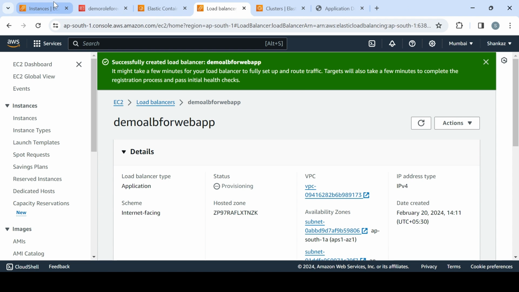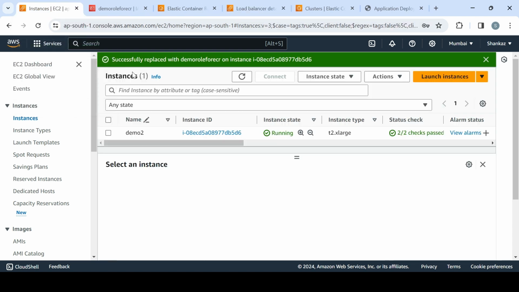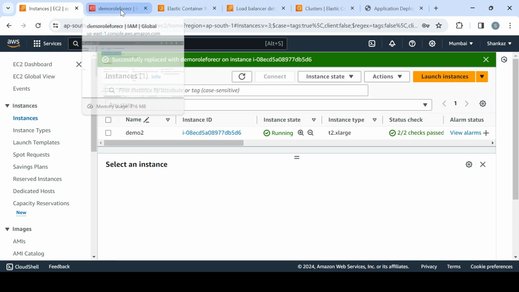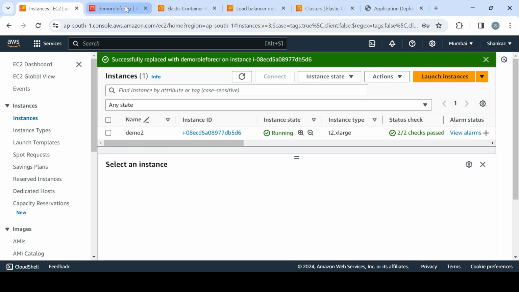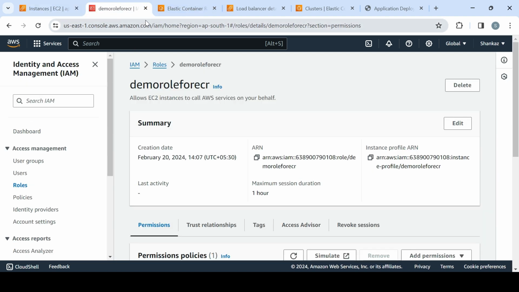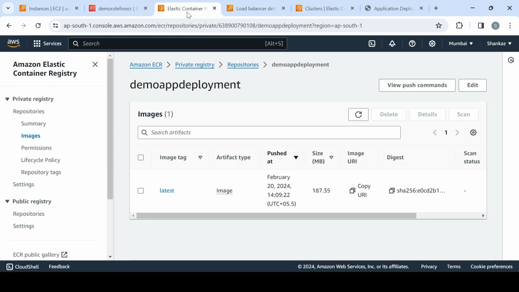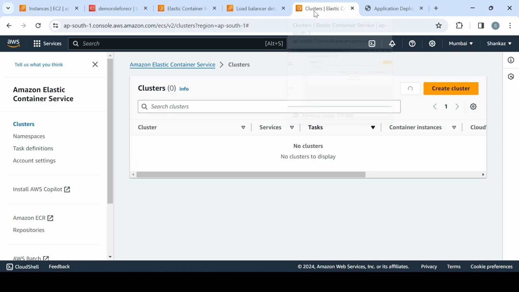So we have one EC2 instance where we had Docker, and using that EC2 instance, I built the Docker image and pushed it to ECR, right? Now the EC2 role is done. ECR is there now. We'll use this ECR repository in an ECS configuration. Let's move on to ECS cluster configuration now. Okay,